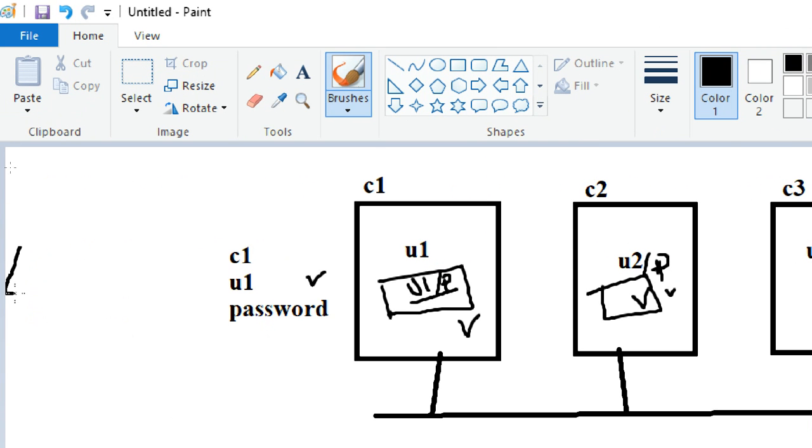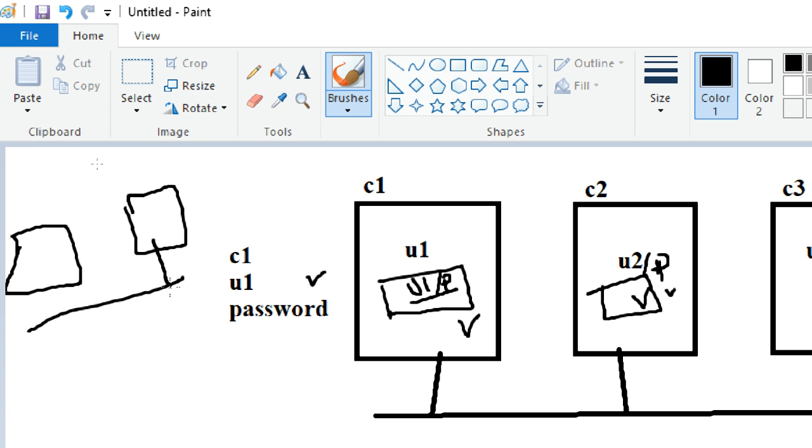Of course, you may get a doubt here about shared folders and shared printer access. We have a folder here, and when you try to access it, you put slash slash the IP address of this PC, and then it asks for a username. We give the username, for example user one, and the password from this PC. The request is sent to this PC, which verifies the username and password, and once authenticated, we get access permission.